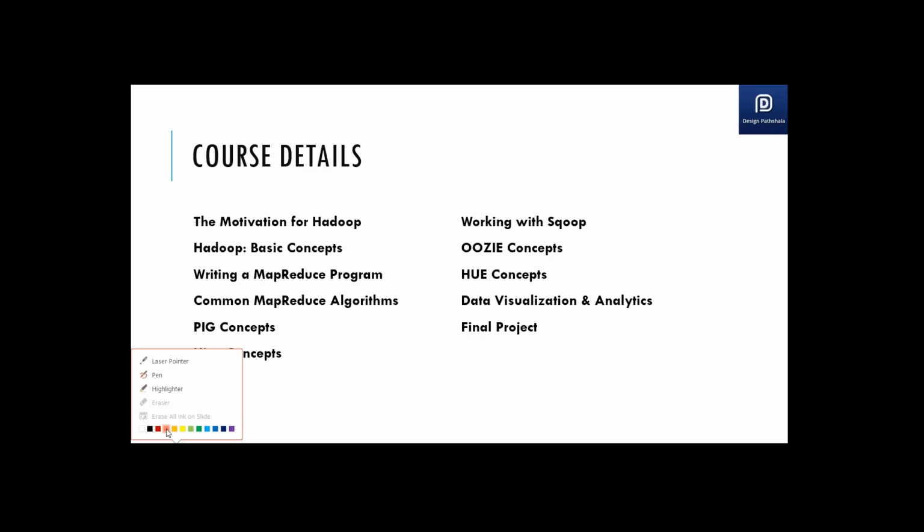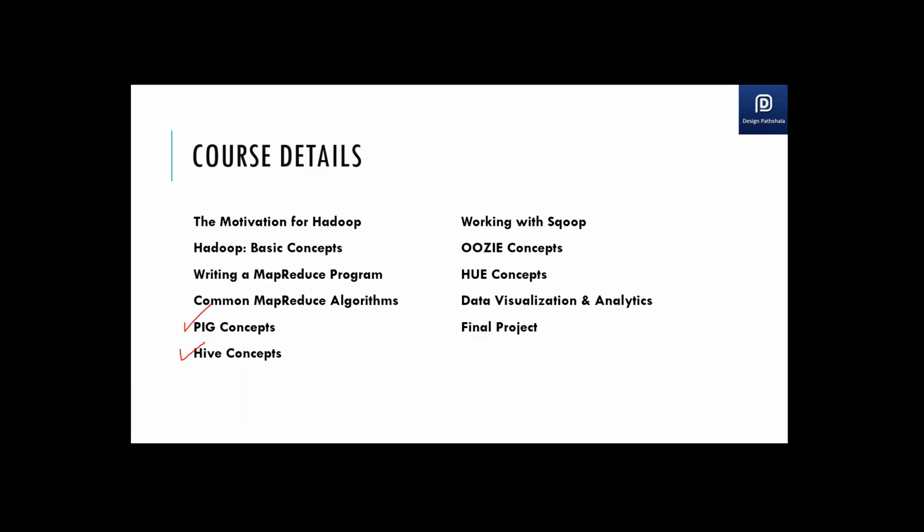Rest all the processing happens just by using Hive and Pig. So Hive is basically a kind of SQL language. Hive is a framework which at the backend generates some MapReduce code for you and does the processing. You as a person interact with the system with the help of a SQL kind of language: select star from table so and so, where clause so and so, kind of things. Pig is a scripting language.